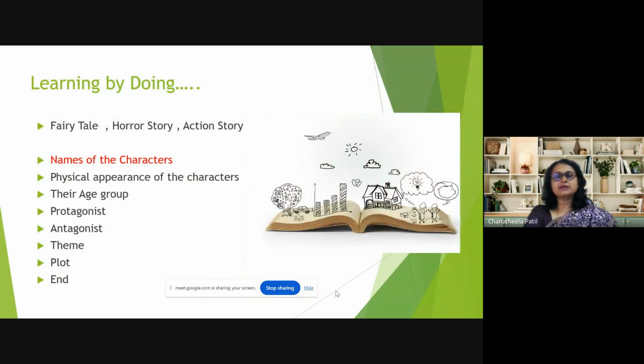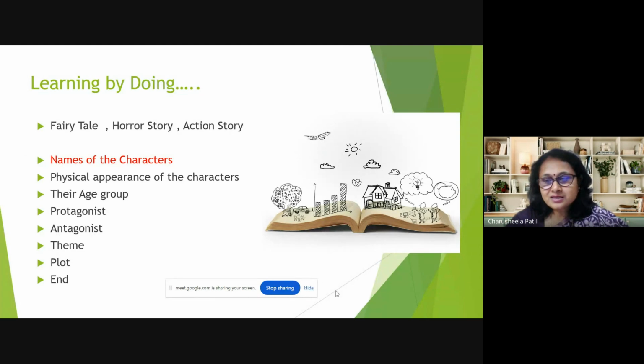Now, this is an interesting one, on how we can develop short story writing among the students. Here, you can see there is a variety of short stories, and it is basically creativity that one needs to nurture and sharpen. So I give the same kind of picture that you can see in the slide, and I will ask a group of students to sit and write a fairy tale about the same picture.